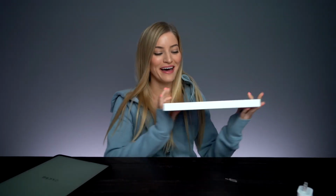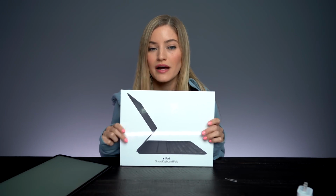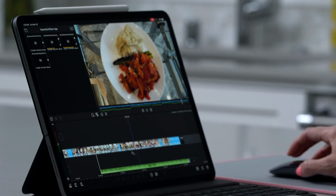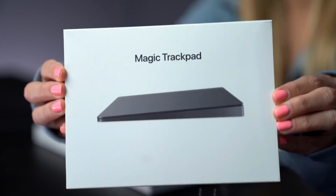So to go with our iPad, we have our smart keyboard folio, and one of the big highlights now of this iPad is the fact that it can use a trackpad support. It's a cursor, but it's not really a cursor because it's kind of a cursor that mimics the touch on your iPad. And this is actually a feature that has already been used in the accessibility settings in iOS. So now they've actually made it a full-fledged feature on the iPad so that you'll be able to use a trackpad. You will be able to use also a Magic Mouse, one of the Magic trackpads,